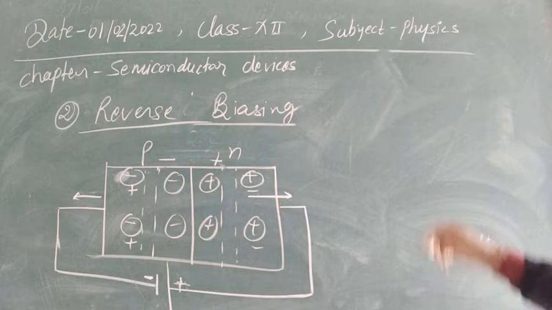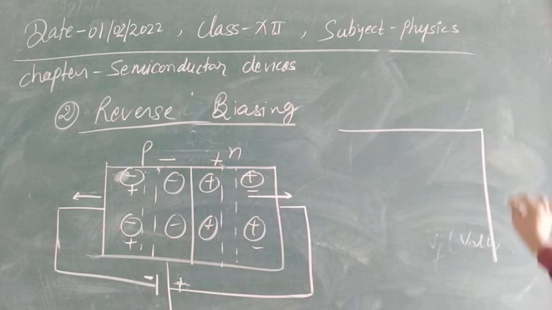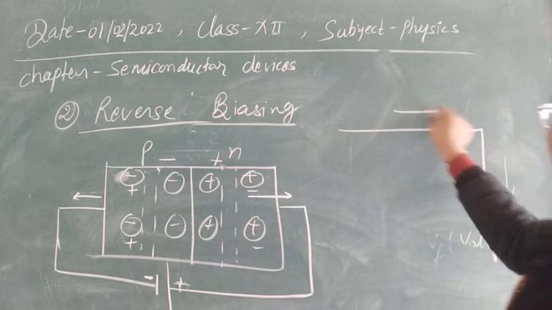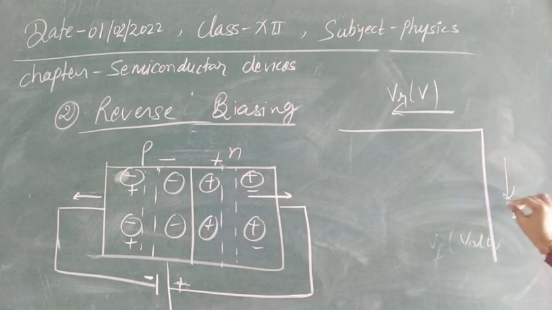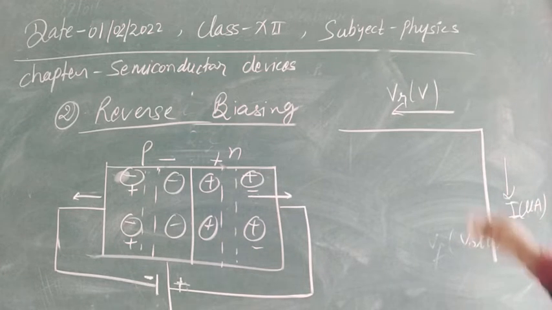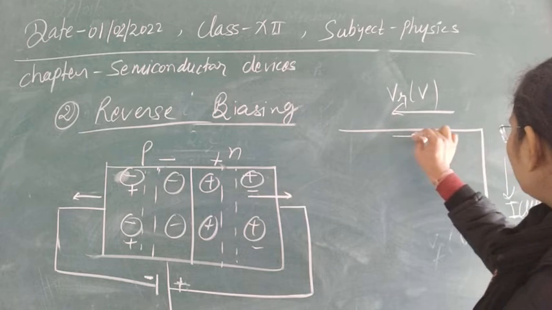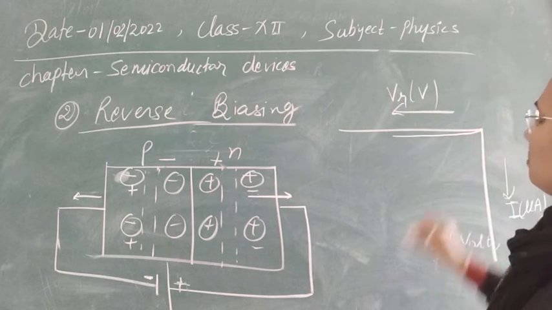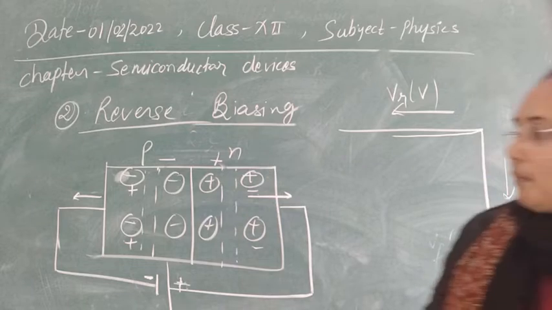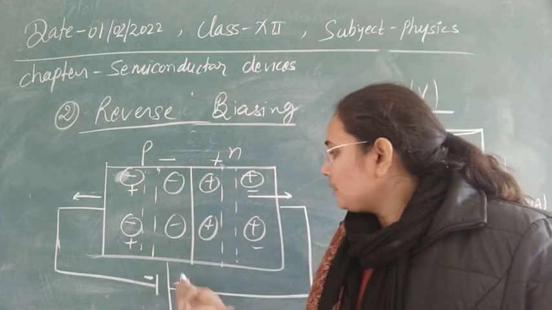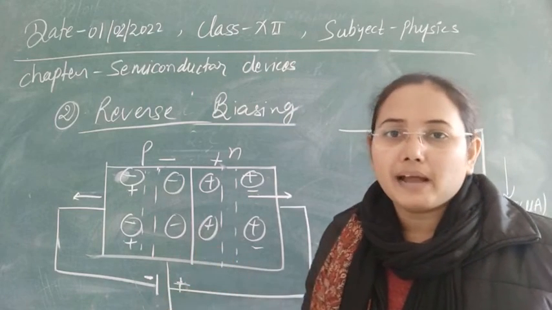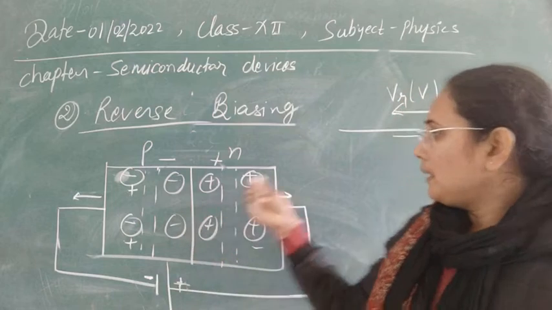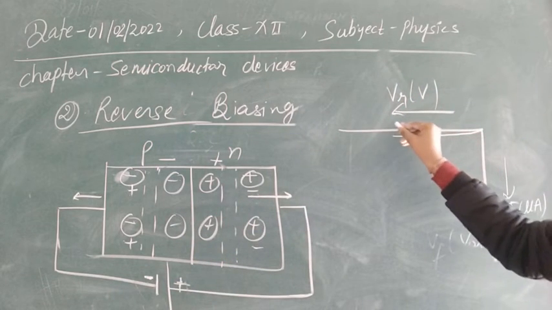So first we can see the graph. Suppose this is current I here, and on this axis we are taking reverse potential in volts. This current, if you see, is obtained of the order of microamperes. So in the starting, only a small current is obtained, and that is due to minority charge carriers, because for minority charge carriers this terminal connection will behave just like forward bias, but for majority charge carriers it will behave like reverse bias. So only a small current we are getting up to this potential, due to only minority charge carriers.